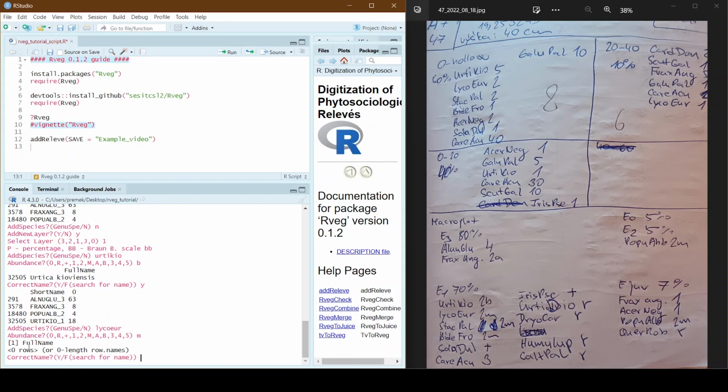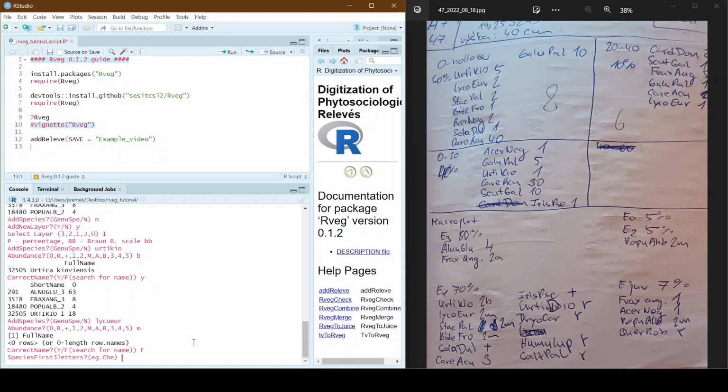So in this case, the species has a different code than we would expect. If that happens to you, and it happens, in the double check you say it's not correct, and you have to search for the correct code. One option would be to check manually in the text file, the checklist, but you can also do it in the program, of course.